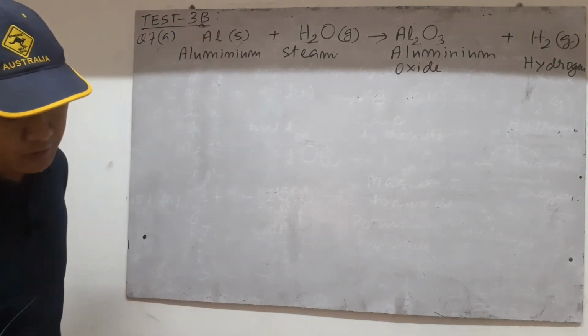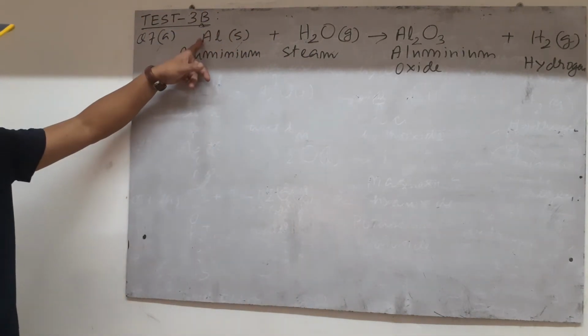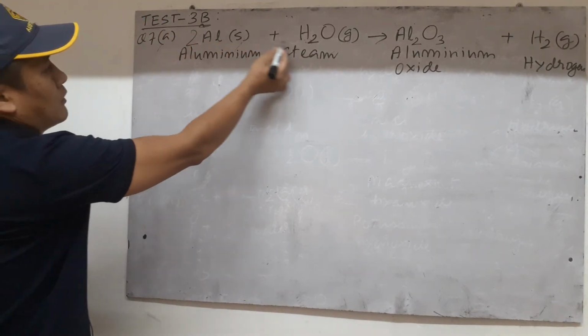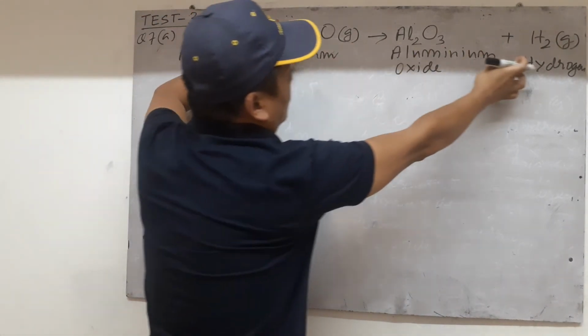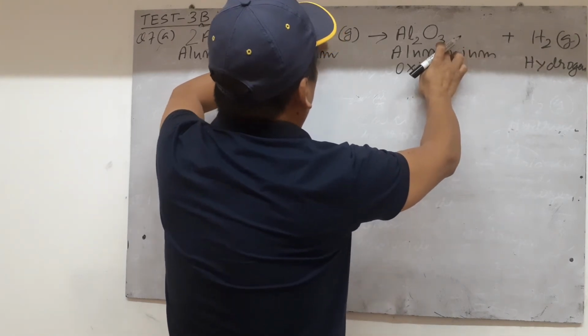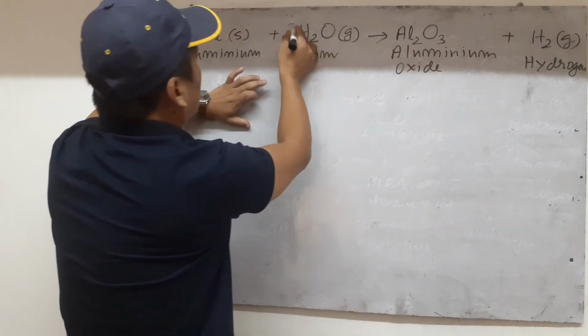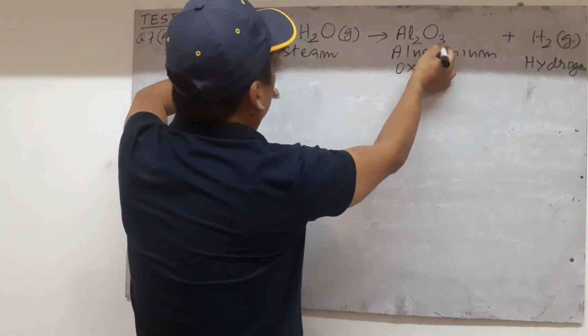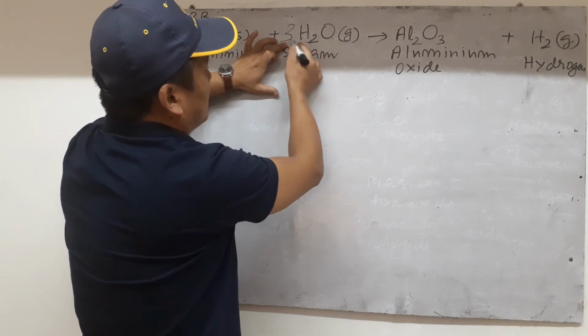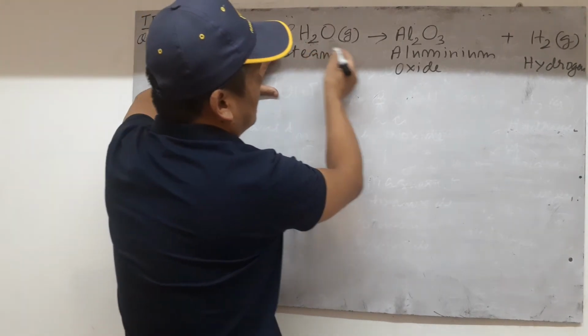Let us balance this one. Al here 1, here 2. So maybe you can put here 2. Balance. Now H2, here also 2. So far, okay. Here 3. So to make it equal to 3, you put here 3 1s are 3O, 3O. When you do that, because we are not allowed to balance from back, we have disturbed hydrogen, so 3 2s are 6H, so here also